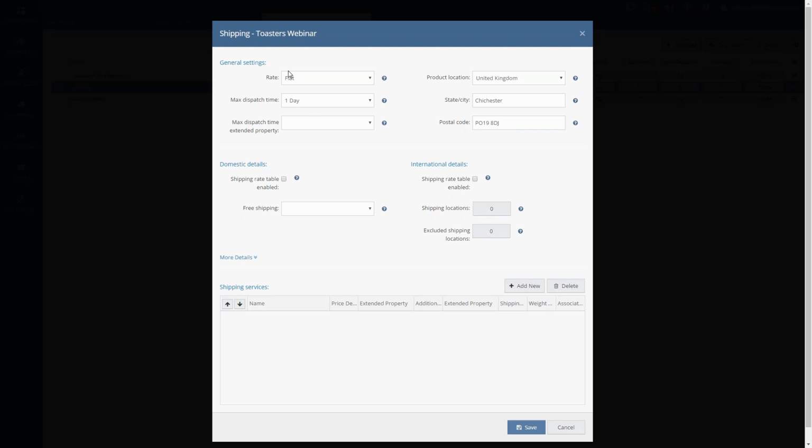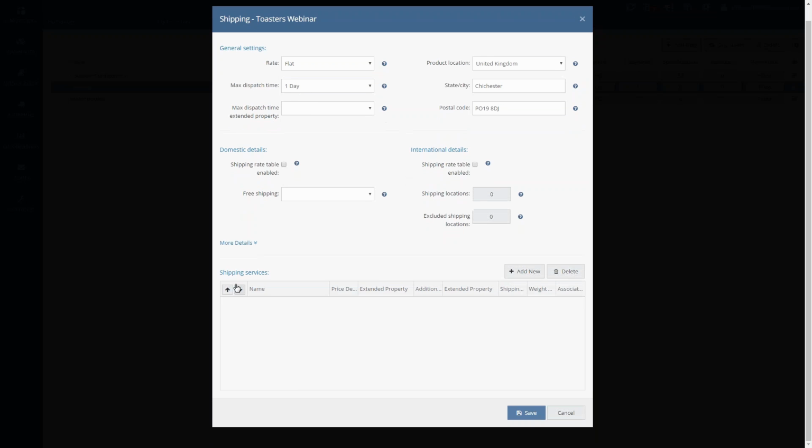And what I'm going to do is leave the rest of the general settings as is for now, just to make it simple. So I've got flat rate shipping with a maximum dispatch time of a day. Okay. Down at the bottom here, I can actually add the shipping services that I want to use to ship these items with. Okay. So I'm going to add one there, and if I add one, I can then double